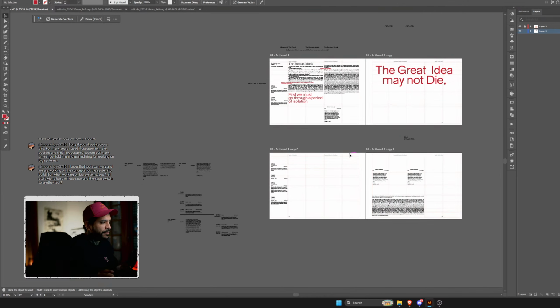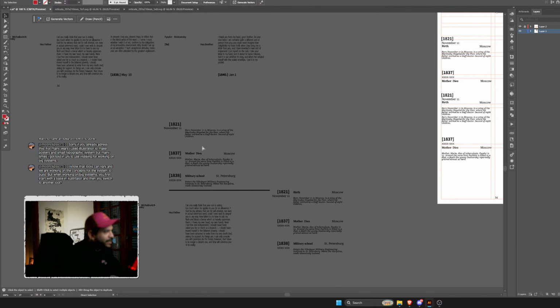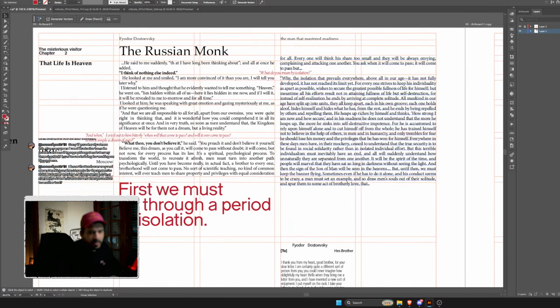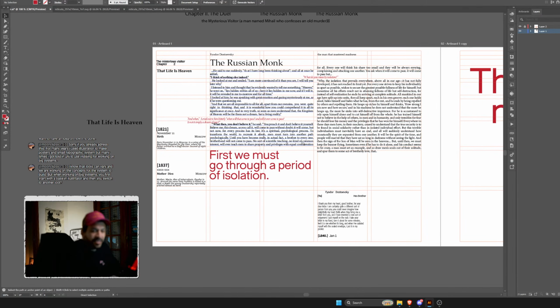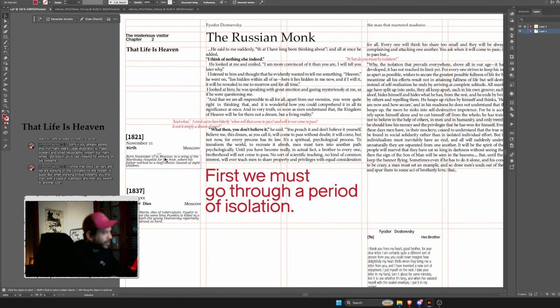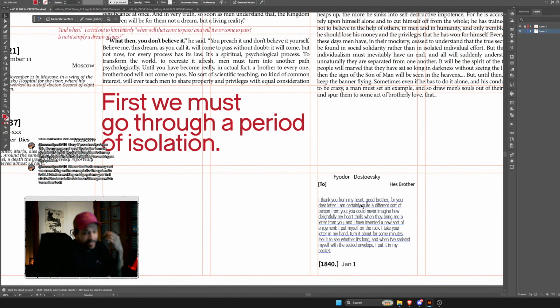Once you have built a bit of your typographic system, you start to build it like Lego. You start to mix and match the pieces and see where you place them. But the first part, where you build how your system looks, is what takes the most time. Then you need to start replacing the information. But first, how do your biography items look? For example, Dostoevsky used to write a lot of letters.